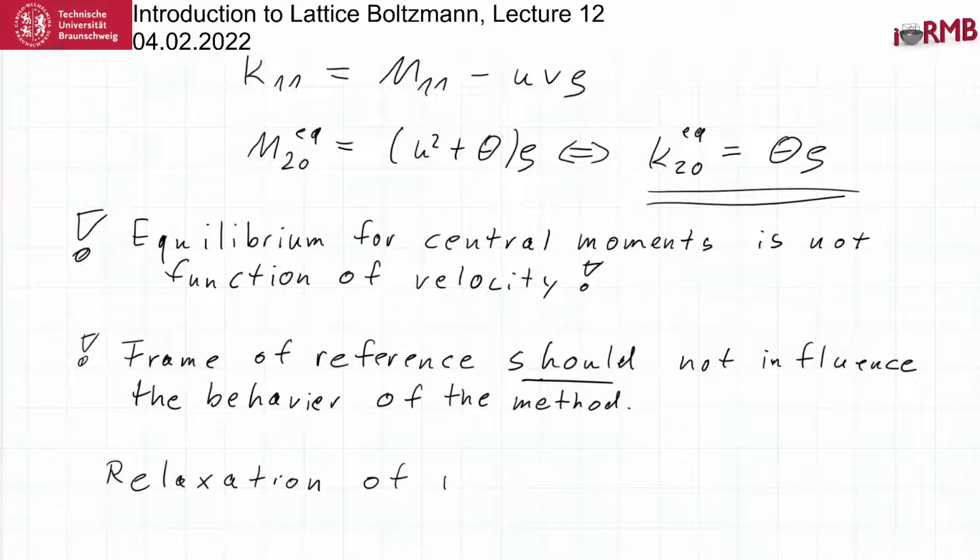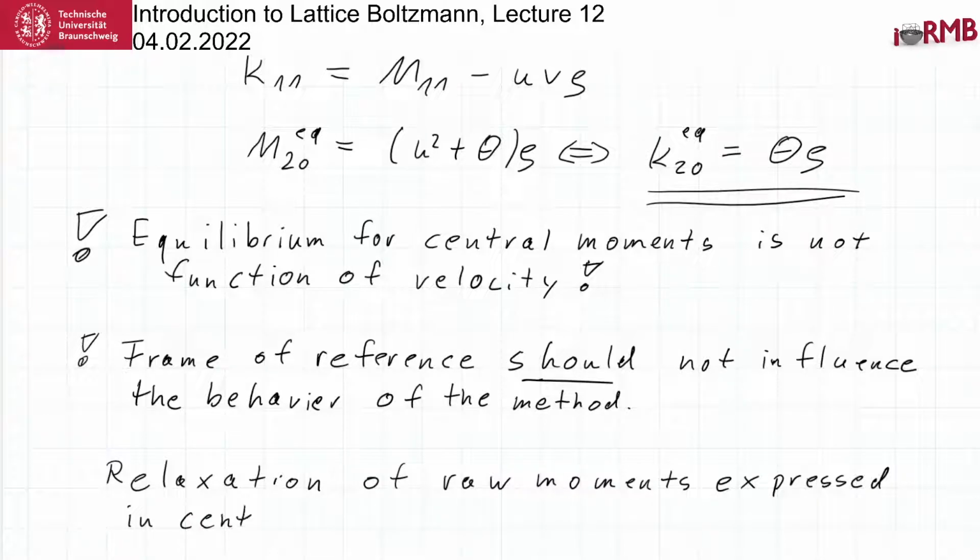So the relaxation of the raw moments, this is the Eulerian frame of reference. And we look at what this does in the Lagrangian frame of reference. And what we hope is that it doesn't matter, that they both do the same. That would be correct. Okay. Let's start